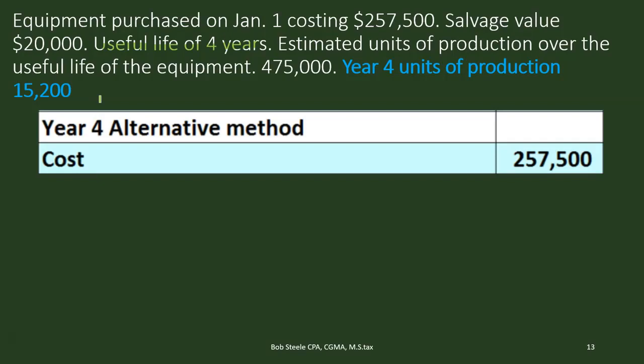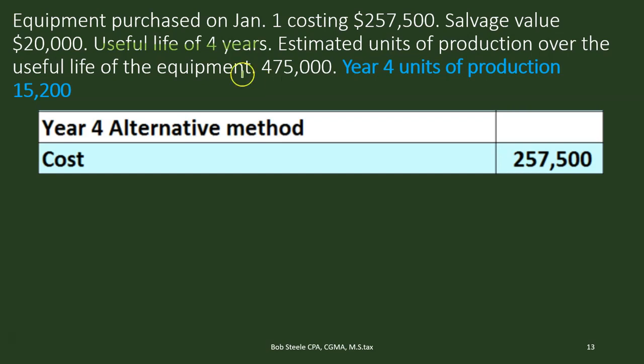Therefore, we're going to do the thing that really kind of disturbs people sometimes when we want the math to work out perfectly and be really nice. It doesn't work out perfectly, the math, unless we happen to produce exactly 475,000 pages and then the printer just died. That's the only time the math would work out perfectly, and obviously that's not going to happen because this is just an estimate. So at the end of the final year, what we will have to do is say, okay, we're just going to do whatever we need to do to plug it so that the book value ends up at the 20,000